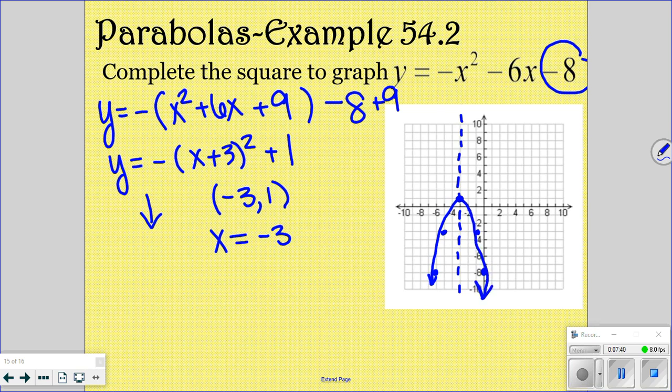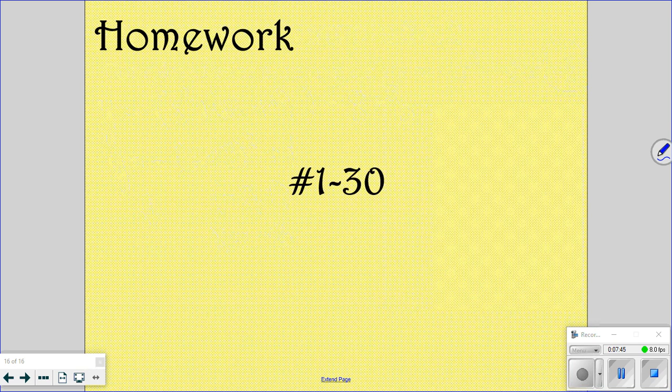And that's how you complete the square to graph parabolas. Okay? So your homework tonight is 1 through 30. Make sure that y'all do those so we can go over any questions that you have